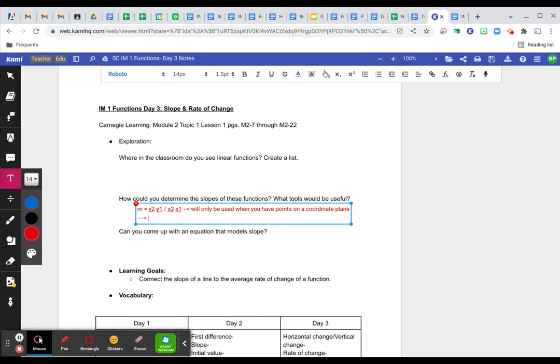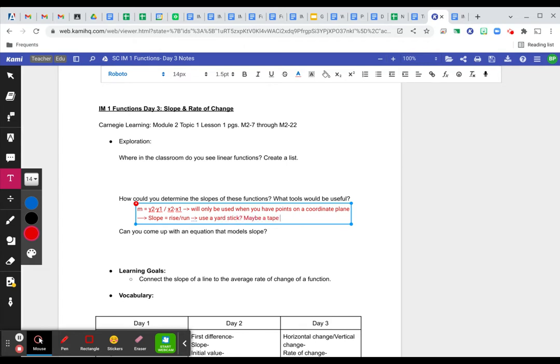So what you'd actually want to think about is, what could we do in the real world? If we're going to measure something in the real world, maybe you remember slope as rise over run. Now, when you consider rise over run, look at that line again that you identified in your surroundings, and see if you can determine a beginning point and an end point. And if you were to measure the rise and the run from that beginning point to that end point, what tool would be useful? Maybe you would use a yardstick,